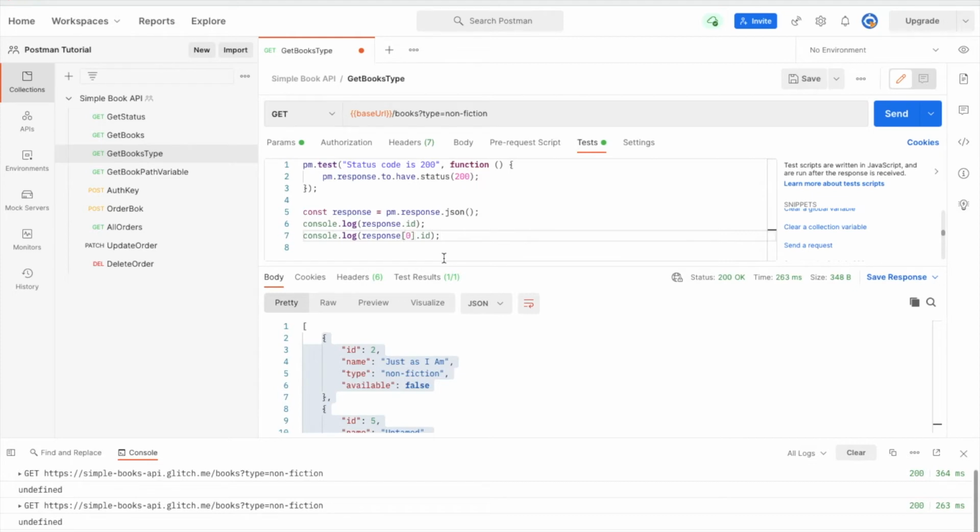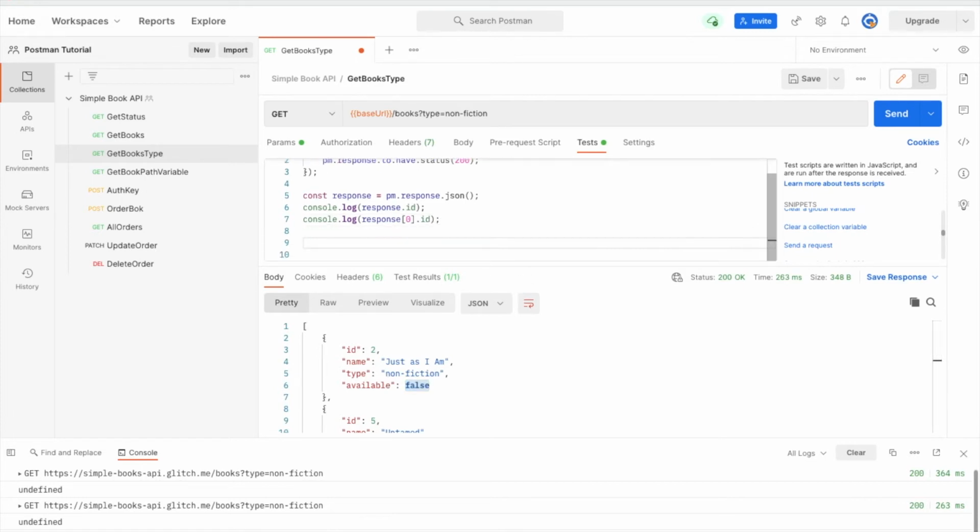Now if I can see, the first value which I am getting is available as false. So based on my use case, I need only the ones which are available at this point of time. So for that, what I need to do, I'm going to give you multiple options. So let's see. I'm going to create const non-fiction books